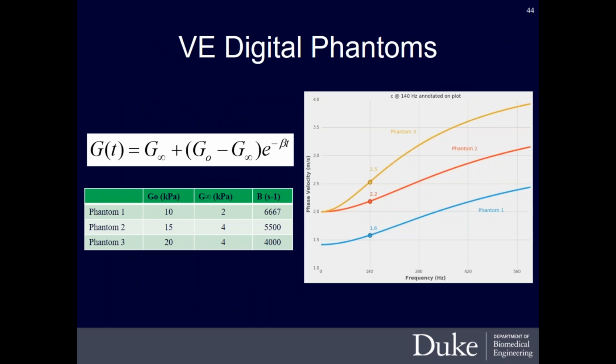Just to impress upon people how much variety you might see in shear wave speed that's reconstructed as a function of frequency. For the 3 different phantoms that were used in the phase 2 study, the plot on the right is showing how the discrete reconstructed shear wave speed at a given frequency changes over a range of 0 to a little bit over 500 here. And what you could see is that if I looked at 140 hertz, which was that comparative discrete frequency with MRE, what the phase velocities for the 3 phantoms would be.